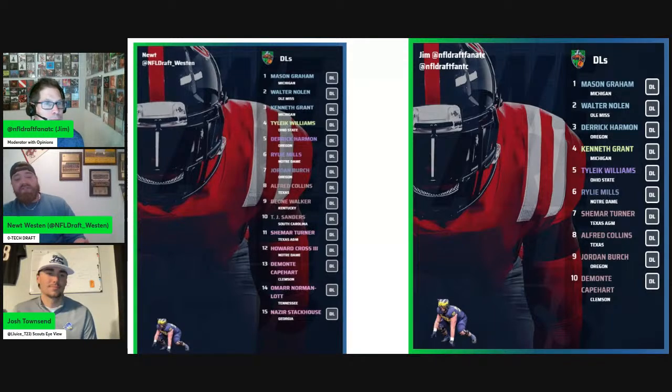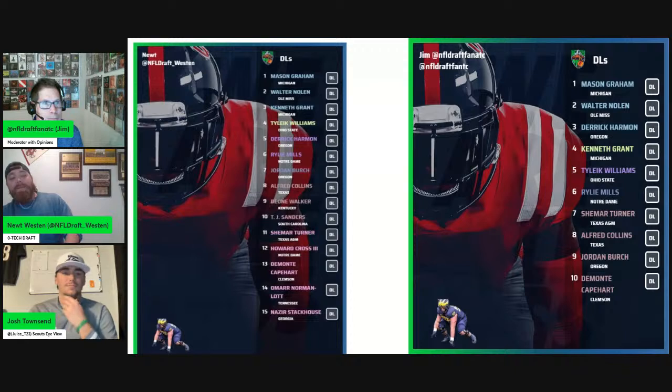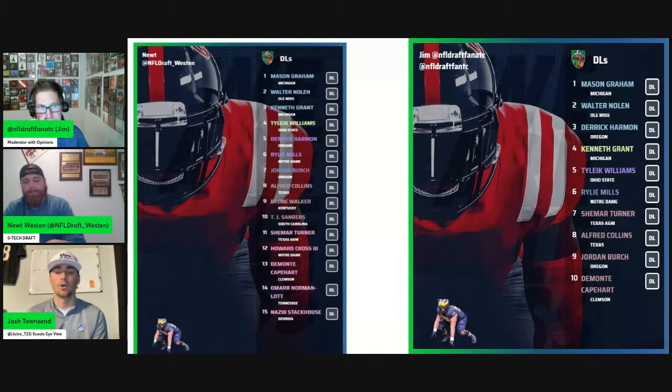And there's a chance that Grant is hanging out there to the very, very end of the first round. I think there's a decent possibility. I don't think it'll happen, but I think there's a possibility that it'll happen. No, because there's going to be so many guys grouped between that 25 to 45 range on your big board, and most of them are going to be on the front 7.